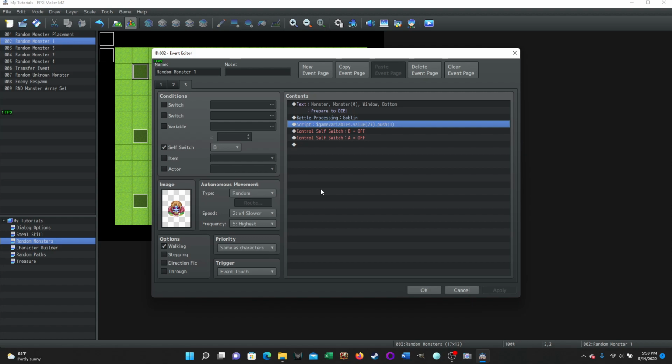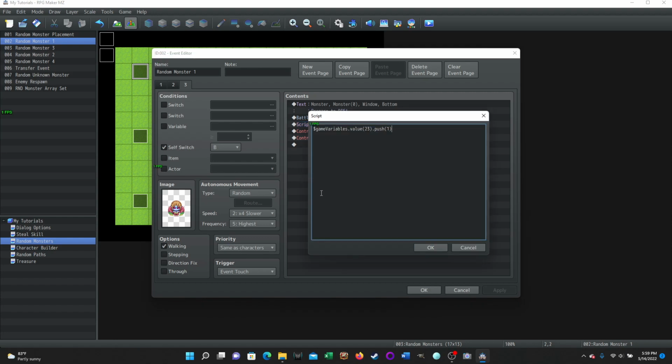But for testing purposes, I wanted each one of them to have a possibility of coming back as soon as they were defeated. So this script is what is putting that value back into the array. This has also been used in another tutorial that I did. So this is $game variables dot value, and then the number in the parentheses is the number of the variable. So this is saying variable 23. We're going to push, so dot push, the value 1 into that variable, which